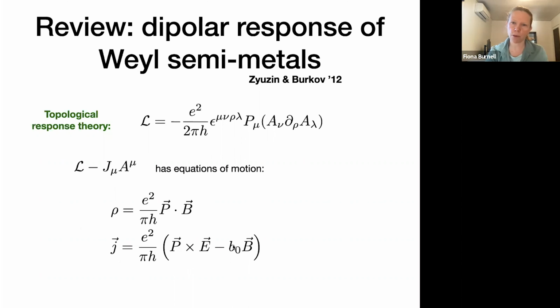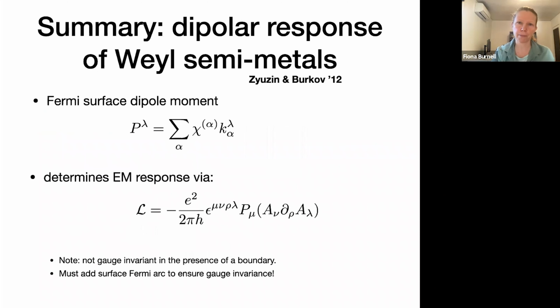And again, I apologize, this should be P0, so you can define a kind of zeroth component of this polarization if you add a chemical potential that can be different at the two Weyl points. And so this has exactly the right equations of motion to give back the electromagnetic response of the Weyl semimetal. All you need to know for the purpose of this talk is that I can define this dipole moment of my Weyl points in the bulk, and that dipole moment determines the electromagnetic response, and we can encode those equations conveniently using this kind of topological